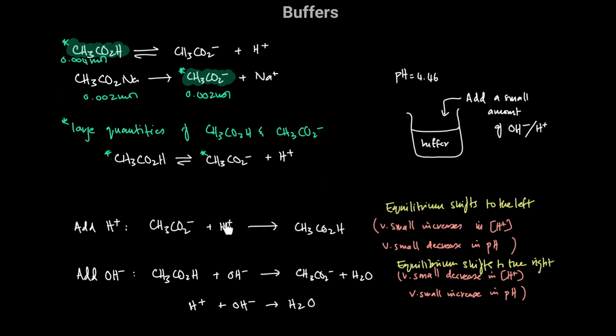If you add a small amount of H plus to an acidic buffer, you will shift the equilibrium for that acidic buffer to the left. And when you add a small amount of hydroxide ions to an acidic buffer, you will shift the equilibrium for that acidic buffer to the